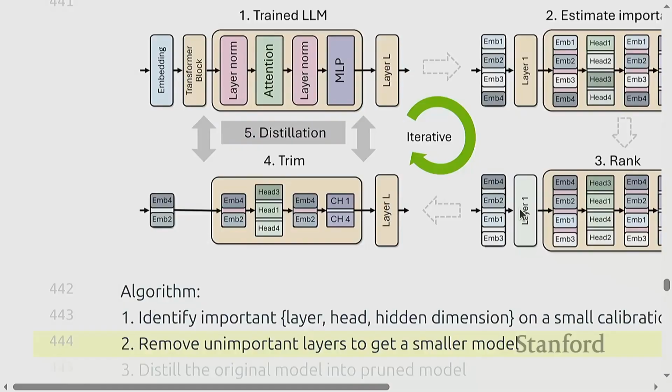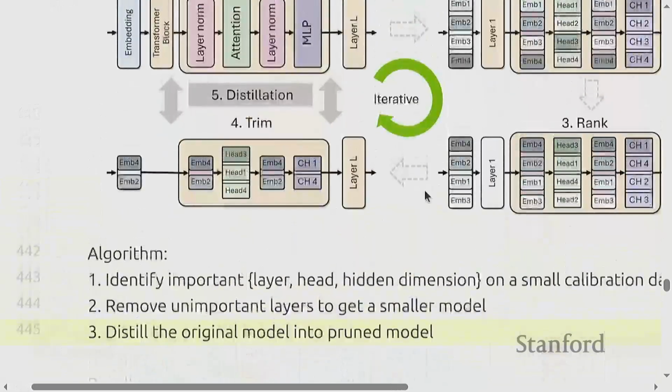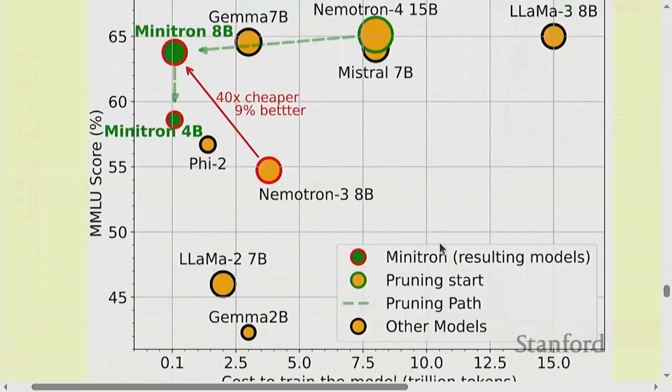And then, if you just take that model, it's going to be clearly worse, right? So the last step is you distill the original model into the pruned model. So you repair the model from the initialization, which is your pruned model. So you're not starting from scratch. You're starting from something that's worse, but hopefully not much worse, and hopefully retains a lot of the same structural properties of the original model. It's just maybe not calibrated in some sense. And the results are pretty good on that.